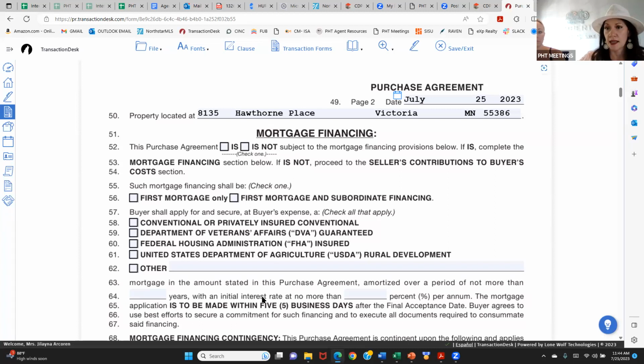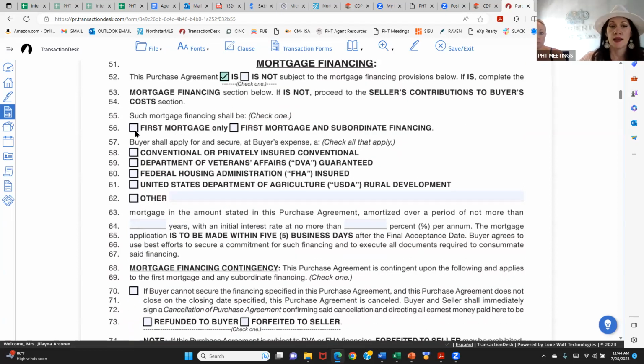Okay, line 52, under mortgage financing, and this is important. This section is only completed if your client is financing a mortgage, okay? They are getting a loan. If it's a cash offer, you do not need to complete this section, which is not subject to mortgage financing. If it's a financed offer, you're choosing "is." And then you're moving to the terms. In this case, it's first mortgage, it's conventional. A lot of times there's questions about subordinate financing. You would check this box if your clients have down payment assistance programs where it works like a second mortgage and they have to pay that back. That would be a subordinate financing situation. Okay, for now,